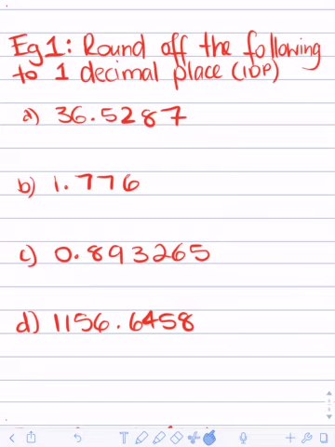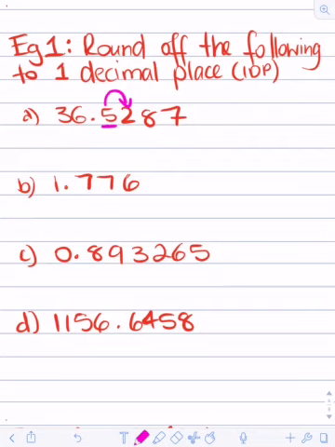Now we know that in the end we're only going to be having one decimal place after the decimal point. So let's have a look at this question and say, okay, we're going to round it off to this decimal place. But in order to change or to see what that number is, we have to look at whatever the number after it is. And if the number after it is 5 or above, then we change that number and move it up. If it's 4 and below, we'll leave it as is. Another way of looking at it is, okay,